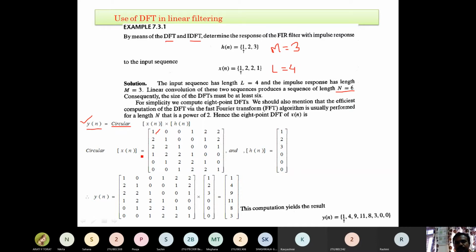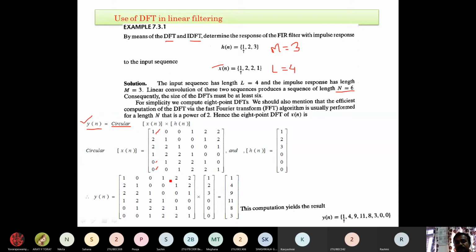Okay, so go for how to design this circularly shifted version of matrix x of n. So first column is nothing but the given signal, given elements. So x of n is kept actually row wise. Let me keep this one column wise. So the first column is representing the given elements 1, 2, 2, 1. Okay, the size is 4 now. Now I need to make it 6. Means I need to add extra 2 zeros. So it is the first column.